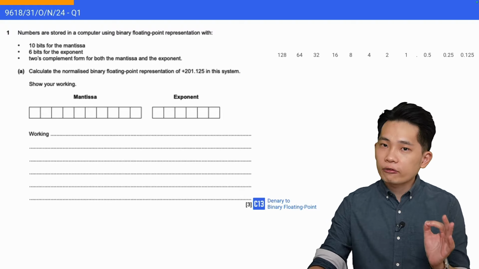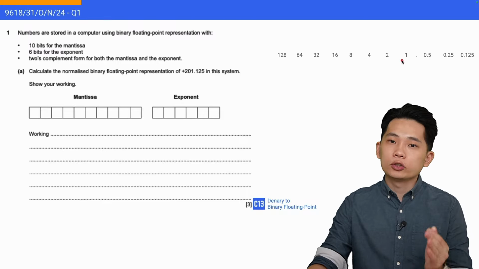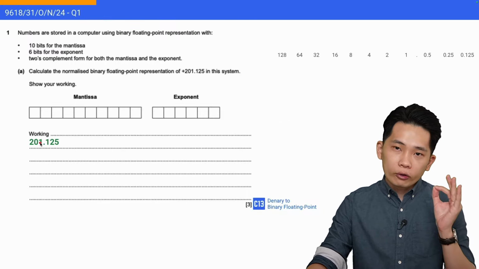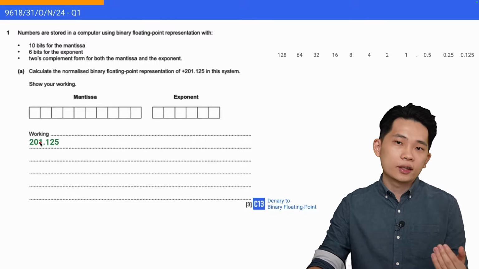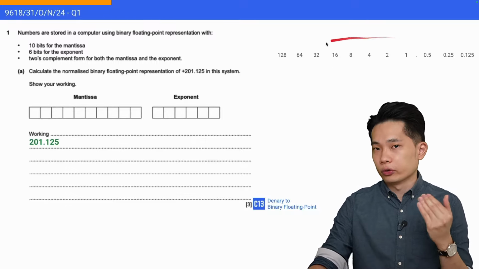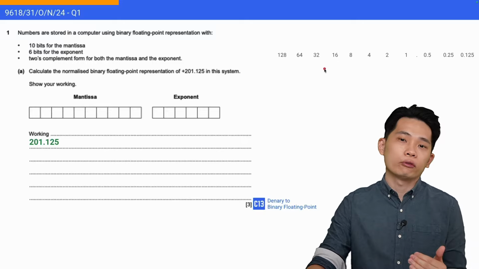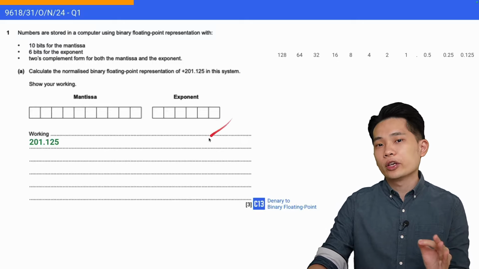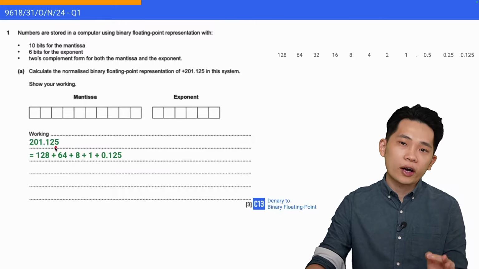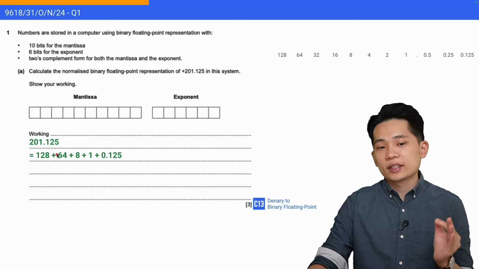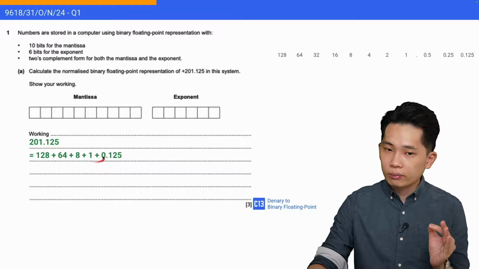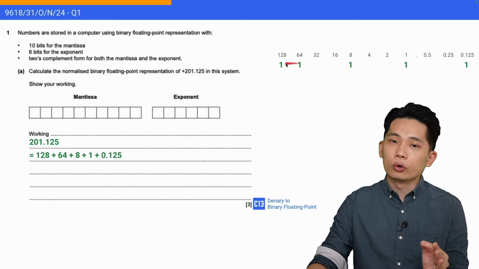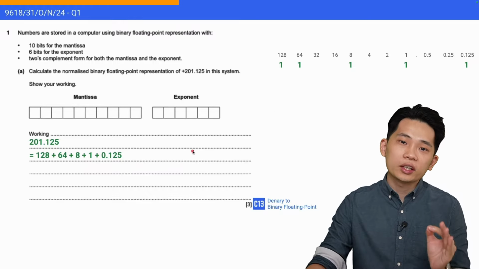First of all, on the left here, I will put all the binary numbers here to help with our calculation. In order to get 201.125, we will first calculate how to get to this number by adding all the numbers shown on the right here. It should be relatively straightforward for you since you have learned about this back in chapter 1 of this syllabus. I've done a calculation and 201.125 is equal to 128 plus 64 plus 8 plus 1 plus 0.125. If you look at the right here, I have put 1 below the respective number, resulting in